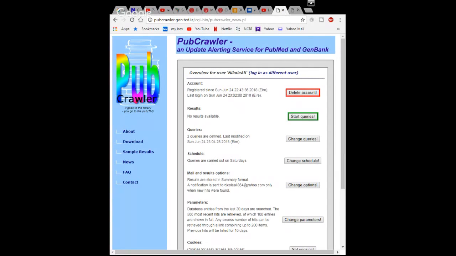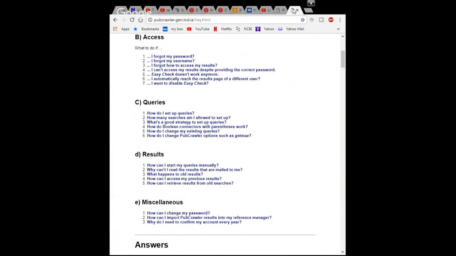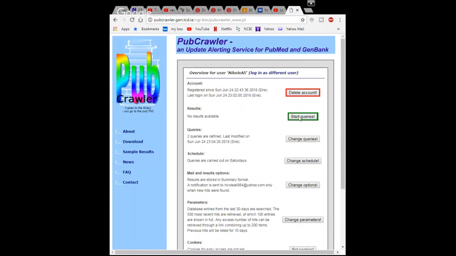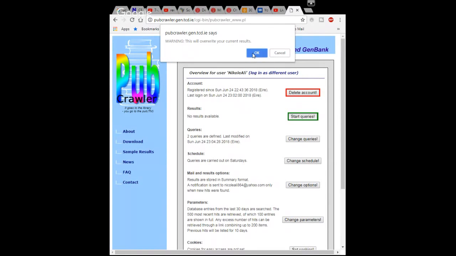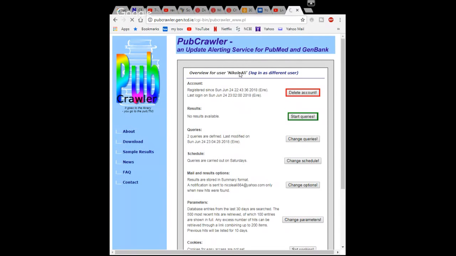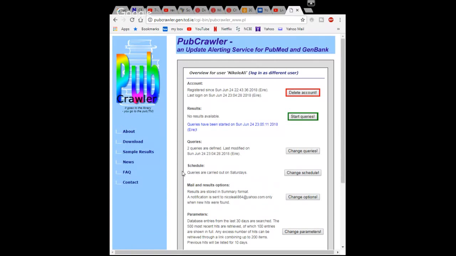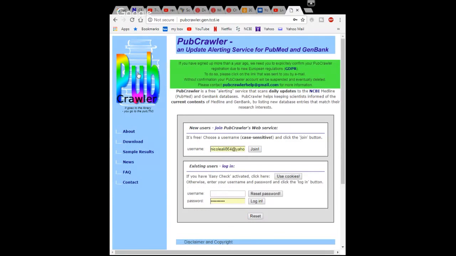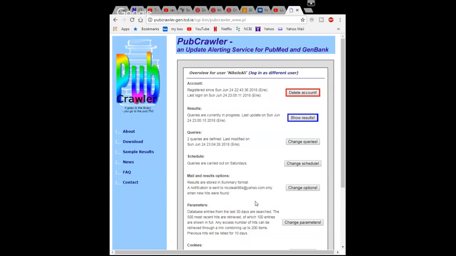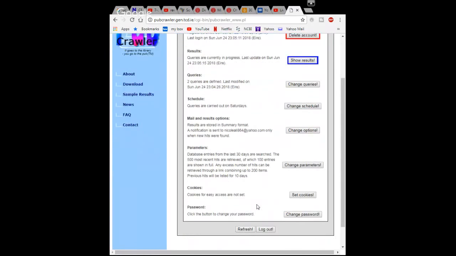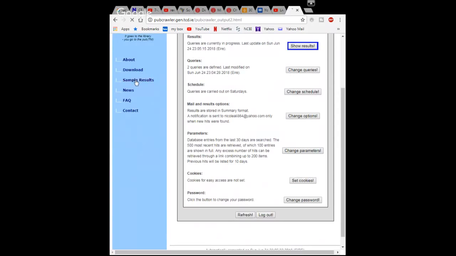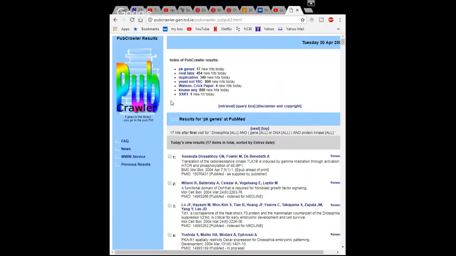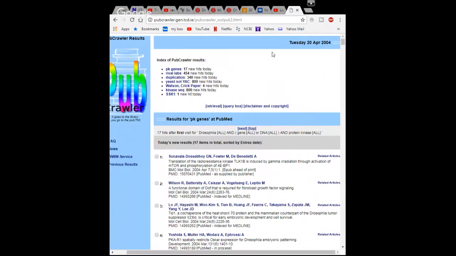So this is just to show you how you can search for articles. It's very simple. It's not too difficult. Every time you start your query, it's going to overwrite what you already have there listed and give you new queries. And you go here to get what it is you want to look at. Let's see, change options. Okay, oops, sample results. So these are going to be the same results that I think that always shows. And up here you can change the